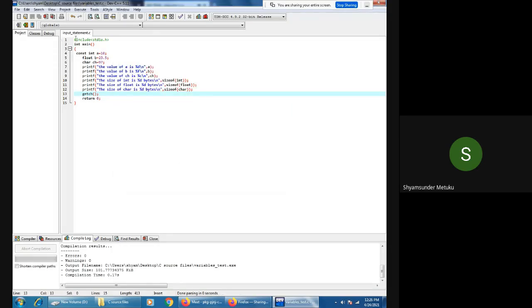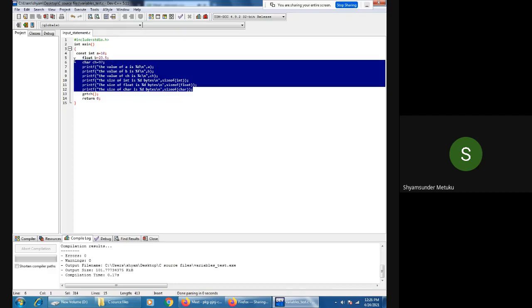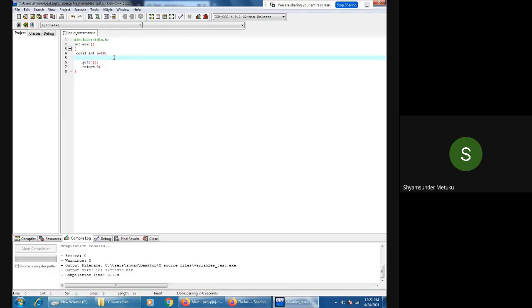So I just modified the program, input underscore statement dot c. I'm trying to remove all this. So I don't want any. Okay. So addition of two numbers I mentioned, no.